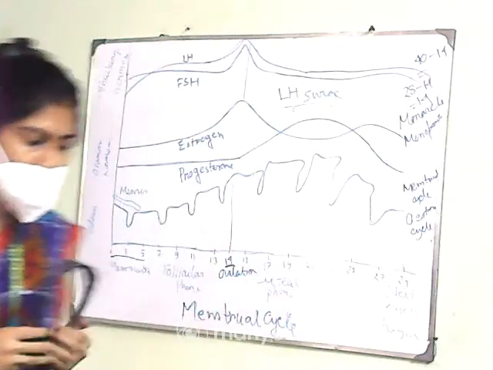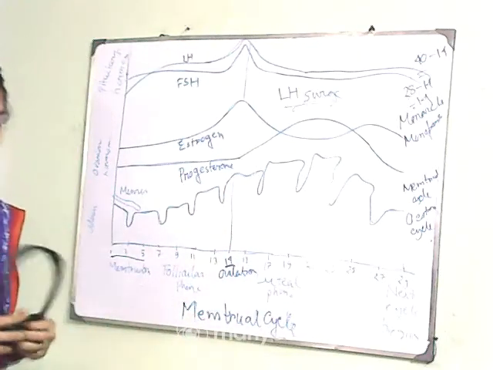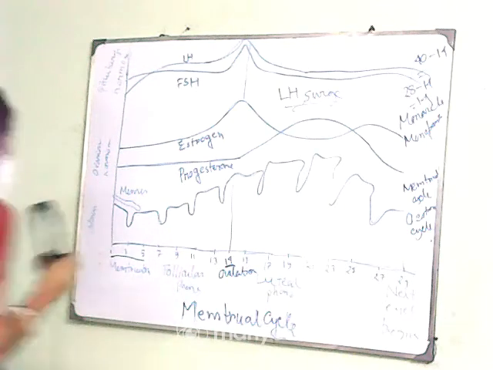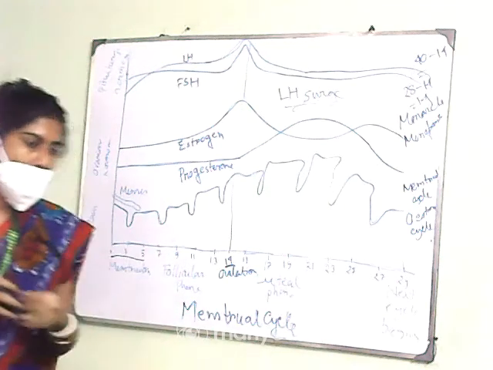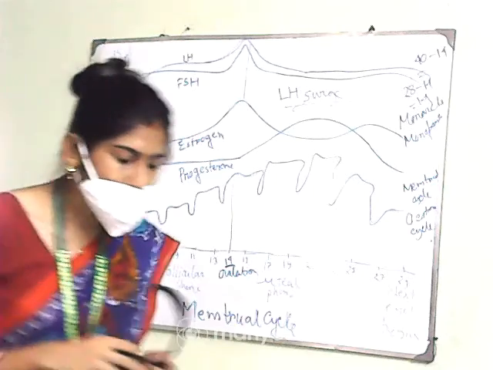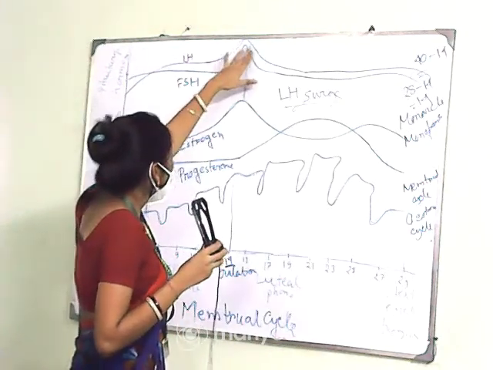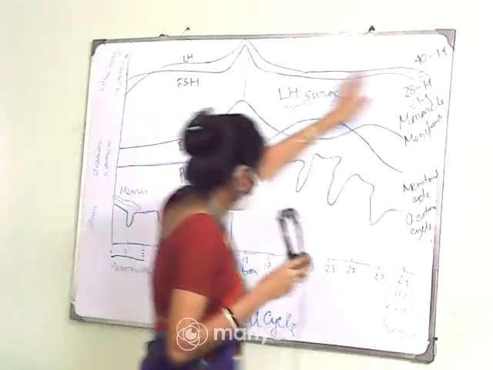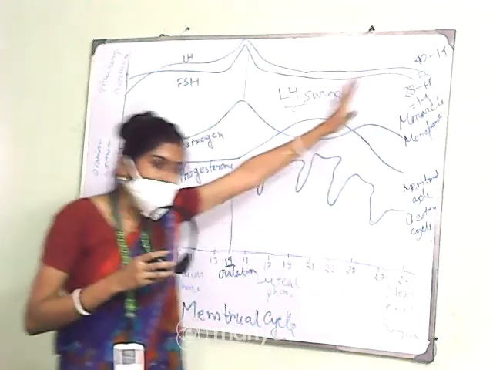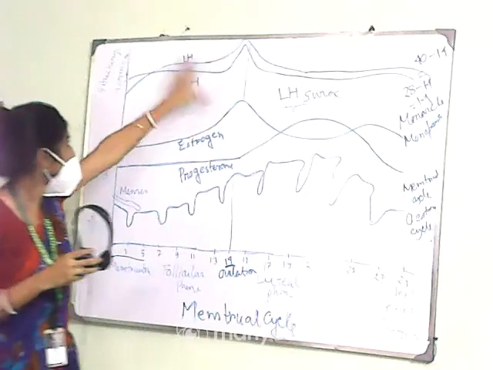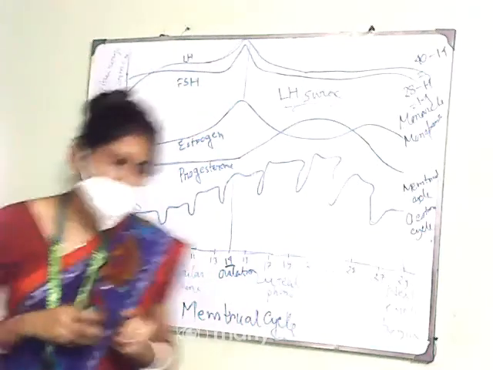This ovulatory phase is followed by the luteal phase. As you can see, the Graafian follicle will be converted into a structure which is called the corpus luteum. Now you can see that after that LH surge, there is again a decrease in the levels of these hormones. Okay, so that is the case of the LH and FSH hormones.